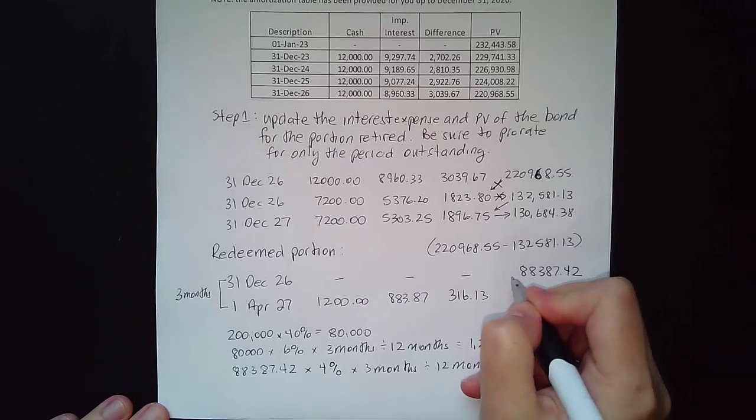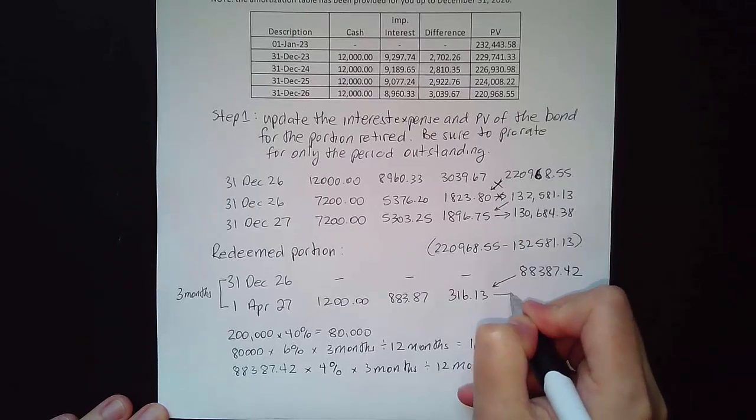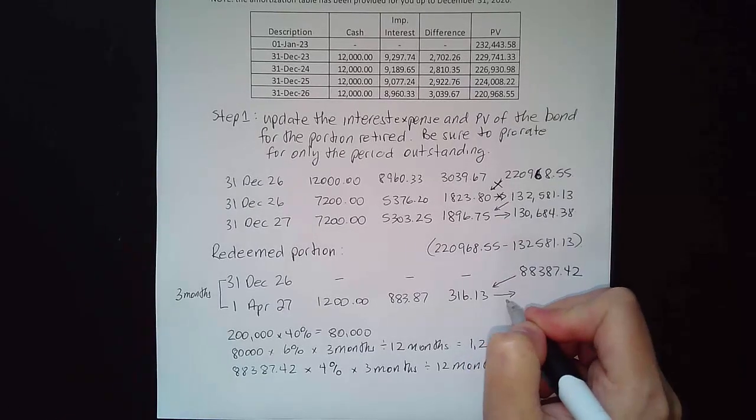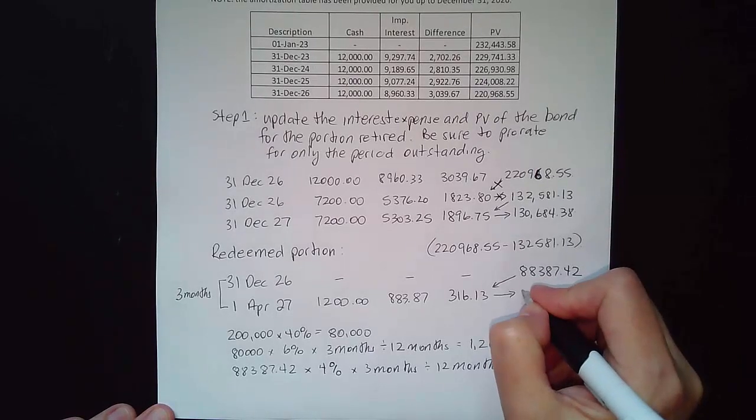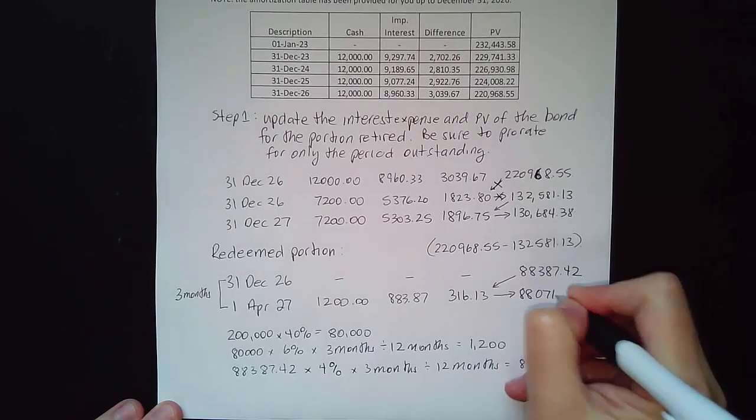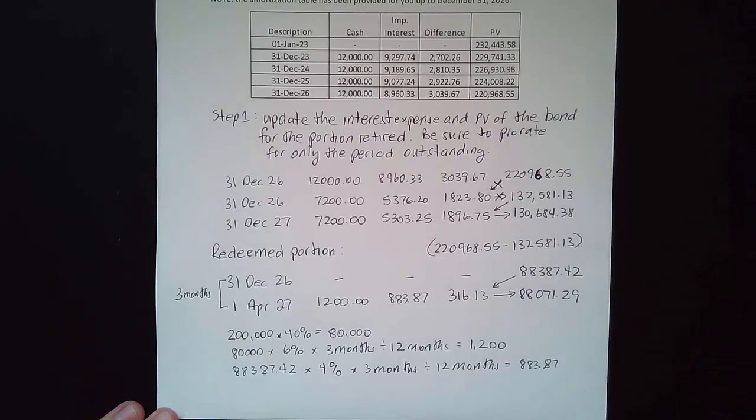$316.13. I can do my usual reducing the present value by that amount. That is $88,071.29. So think about what this means. It means that we owe the bondholders $1,200 for the fact that they have held the bond for 3 months. We have implicit interest, which we, the company, have incurred of